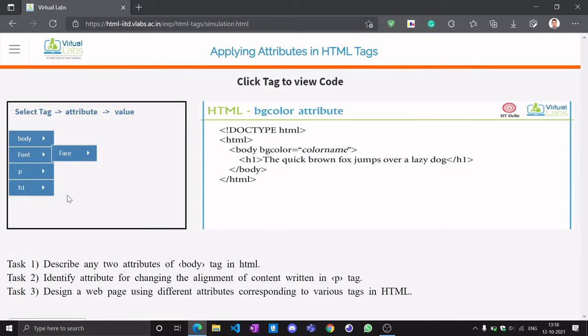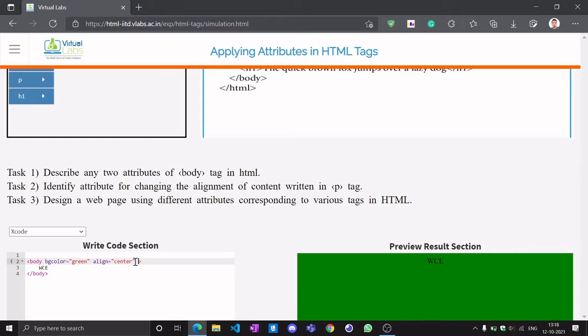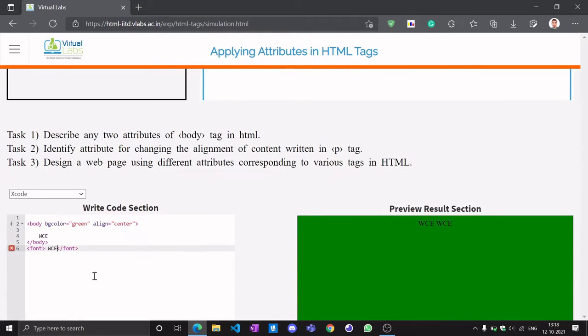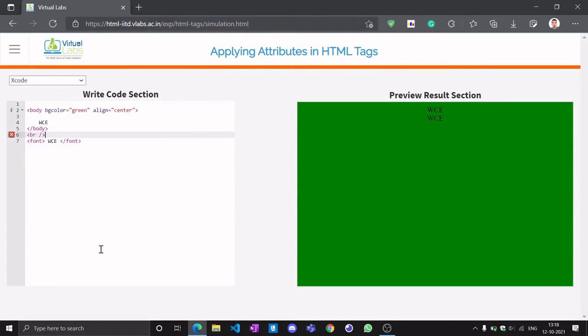So for font, we can use the font tag here. Let's say here is the font tag and WC is there. Let's add it here.